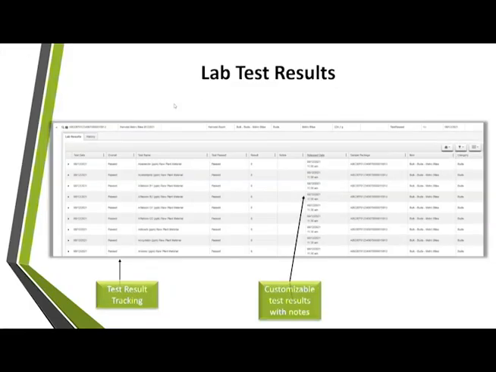Yep, there you go. So I showed you this earlier, but you're able to look at all the lab test results as they go in. Well, for you, it shouldn't be just going in, but as they go in, you'll be able to see them, or if you receive product that was tested within Metrc, you will be able to see all this information, like I stated before.